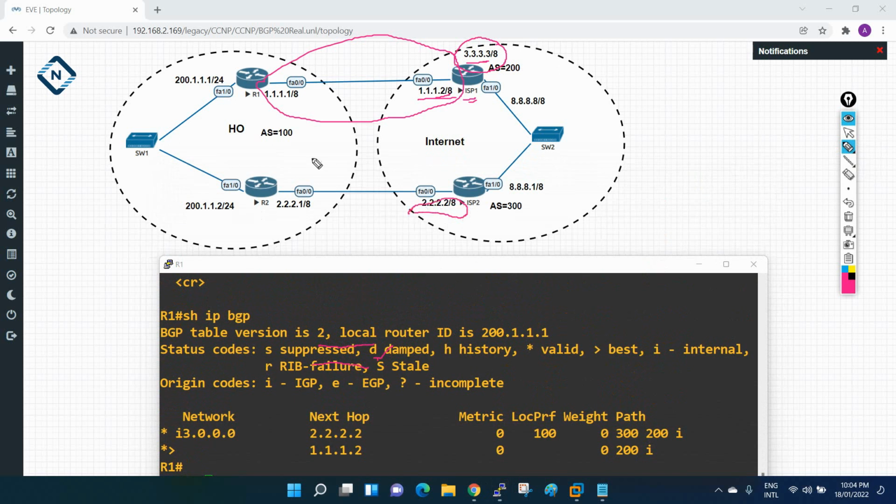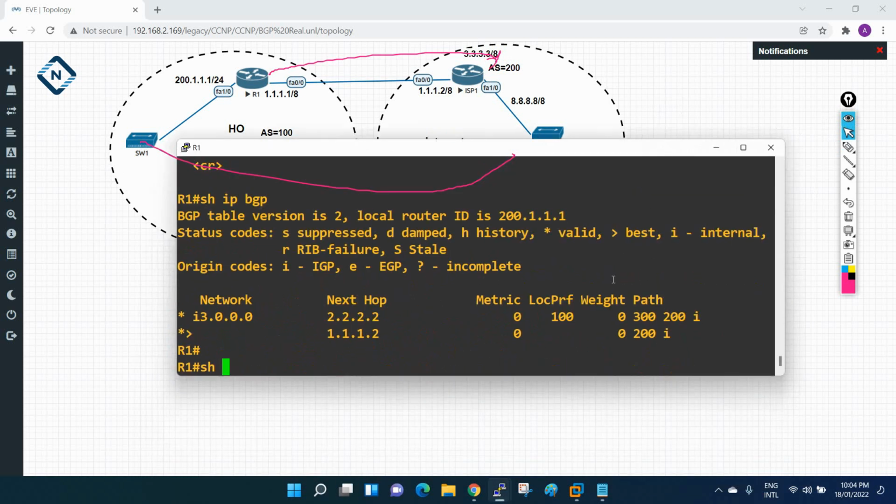Okay, so I am standing here, I am getting this route directly from here, and also from this way. Because I have two ISPs, I can get the Google route from this ISP and from this ISP also. If I want to go to this network, from which ISP am I going? Let's check that one. And one more thing before that, let's see here.